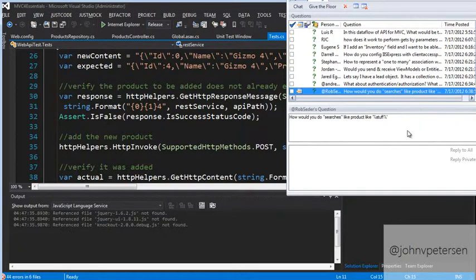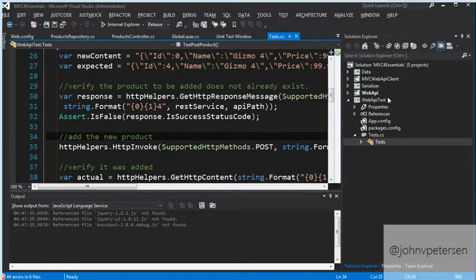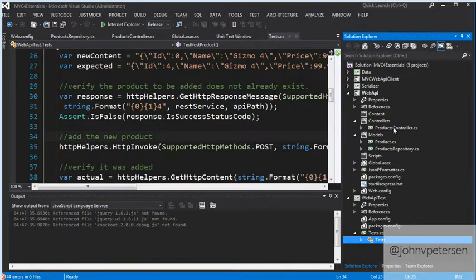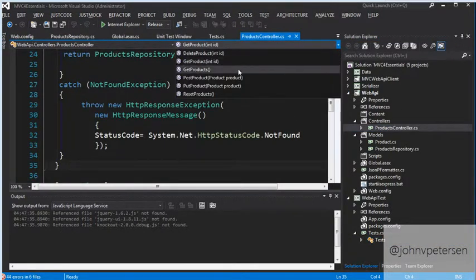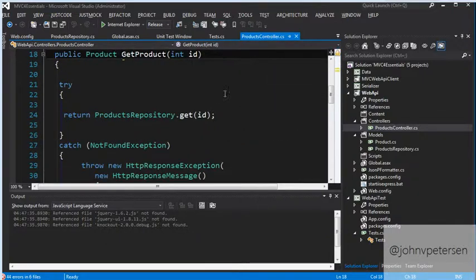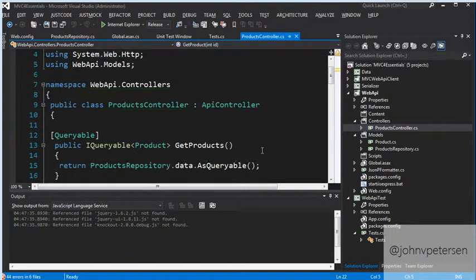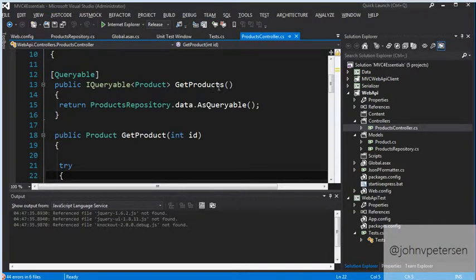How would you do searches, like for products? I didn't show this, but if you go to the Web API controller and go to get products, I have a Queryable here.